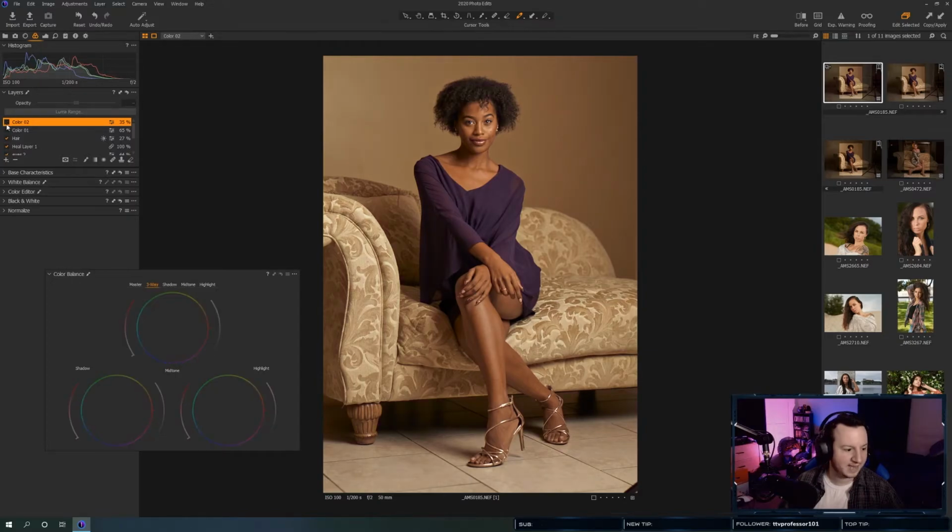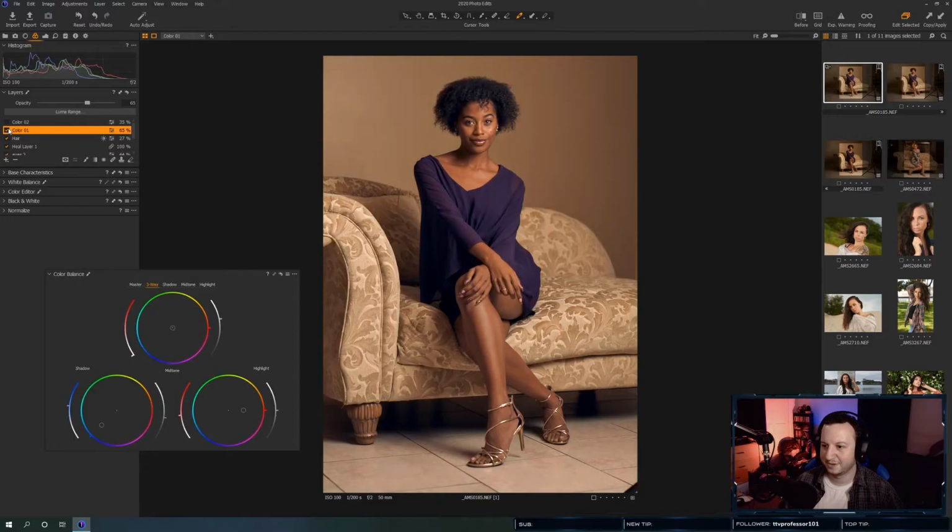Now let's see what happens if we add them both. So this was the red, white, and blue. I don't think both of these together will look good. Well, I may be wrong.